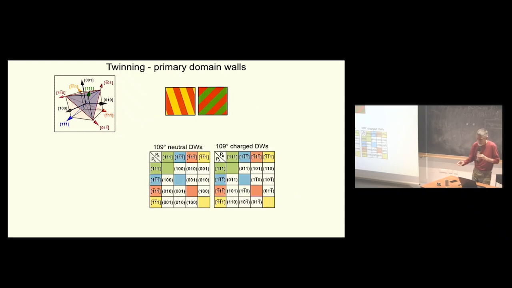So I know immediately what the orientations of domain walls are. I don't expect you to follow me in detail, but I would like to indicate how you can obtain this. Then you can make a sort of matrix in which you have the polarization of one domain state and another domain state, and you can put in the results for other orientations of the charged domain walls or neutral domain walls. What I would like to tell you is that all this can be done